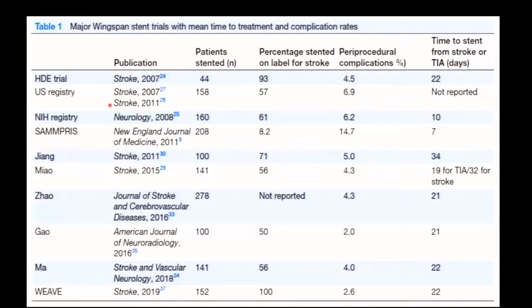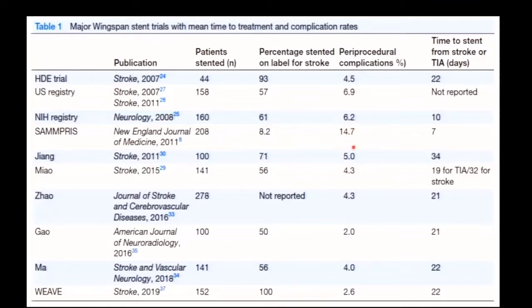So we have here the 2 registries of the SAMMPRIS trial, and the pre-procedure complication risk is around 6%, and then all of a sudden, boom, we have the SAMMPRIS trial with 14%. But then we have some Asian trials coming with very promising results. We have Jiang, Miao, Zhao, Gao, Ma, and the WEAVE registry. And look here, the pre-procedural complications, all around 5%, 6%, 4%, or even 2%, except the WASID, except the SAMMPRIS